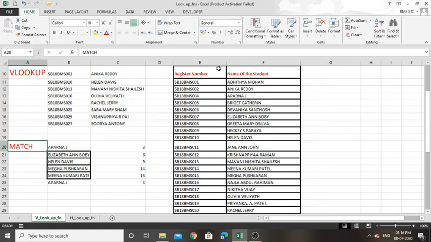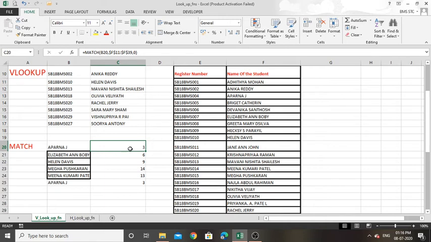So here the table I have used is this one, this vertical table, and I have listed a few names also here: Aparna J, Elizabeth, Bobby, Helen, Davis, Megha, Meena Kumari, and again Aparna J. So whenever Aparna comes, the matching value will be the same.